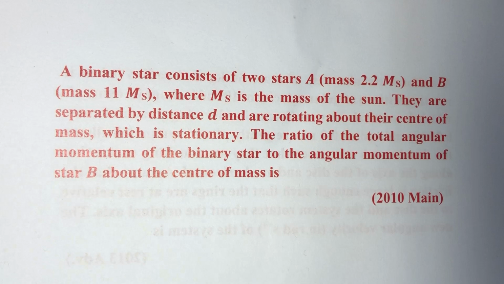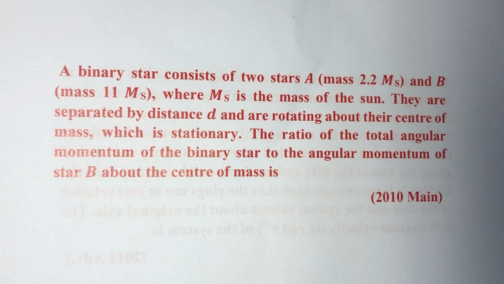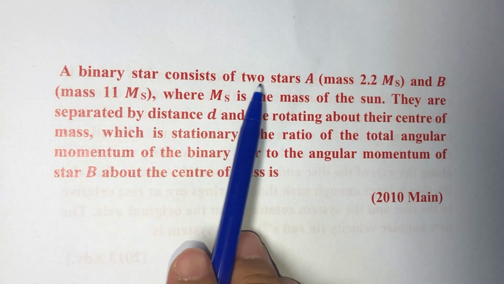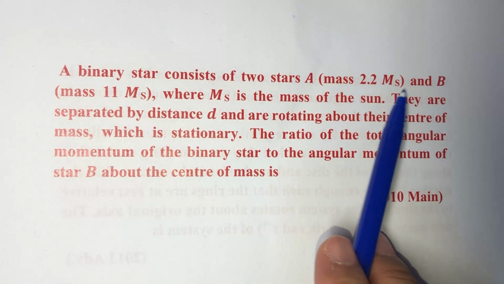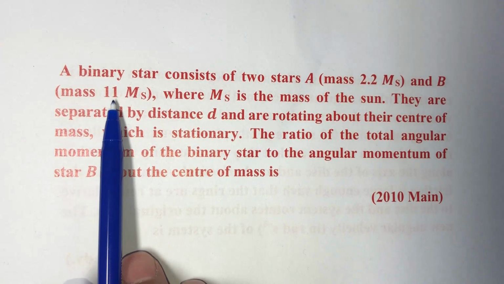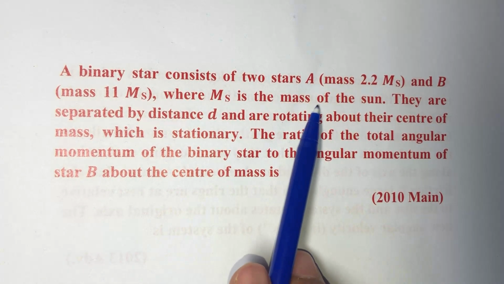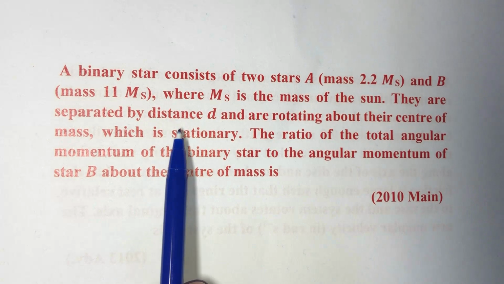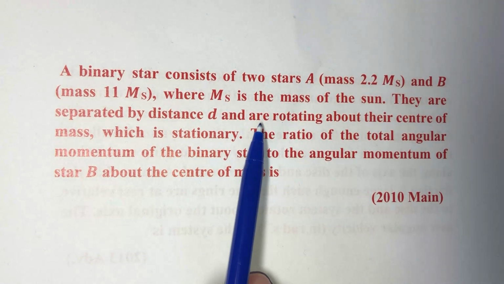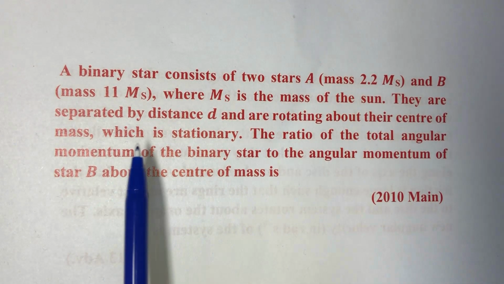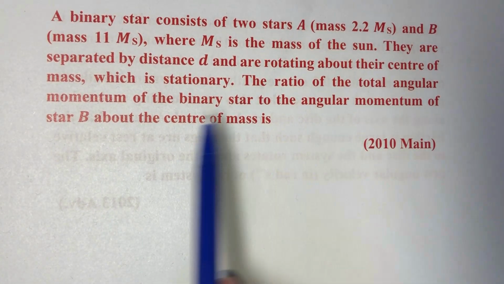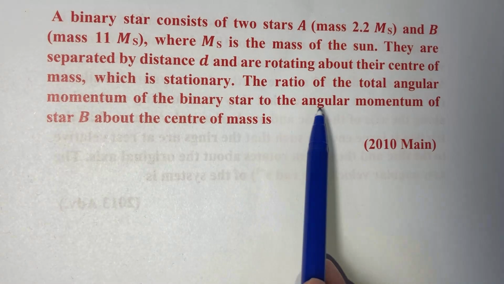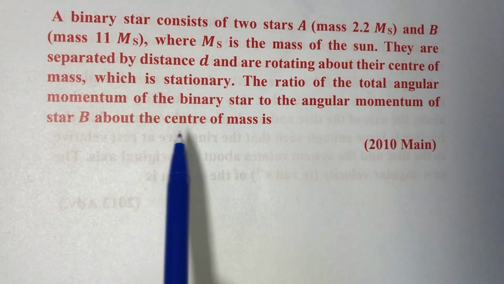Hello friends, today's question. A binary star consists of two stars A, mass 2.2 ms, and B, mass 11 ms, where ms is the mass of the sun. They are separated by a distance d and are rotating about their center of mass, which is stationary. The ratio of total angular momentum of the binary star to the angular momentum of the star B about the